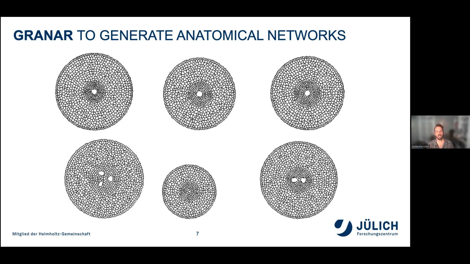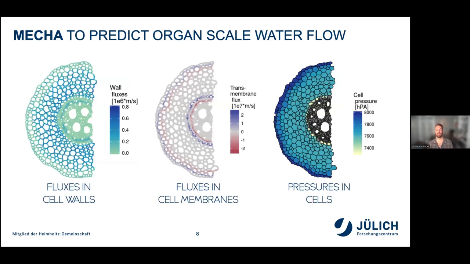These are networks that you can acquire experimentally, but it's very time consuming. So this model actually generates this type of networks automatically, and it's very fast. Why do we need that? Because we can actually use these type of networks to then feed them into another type of model, which is